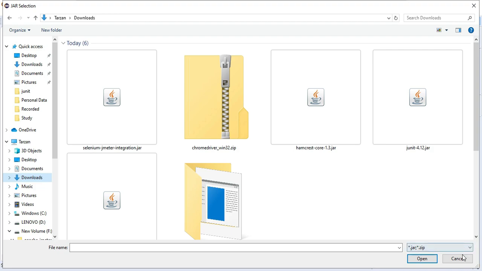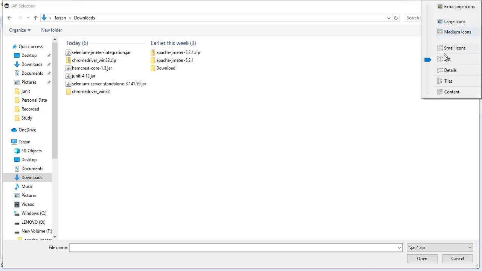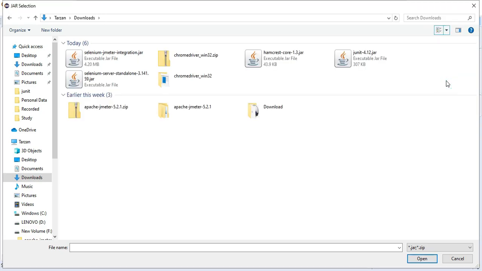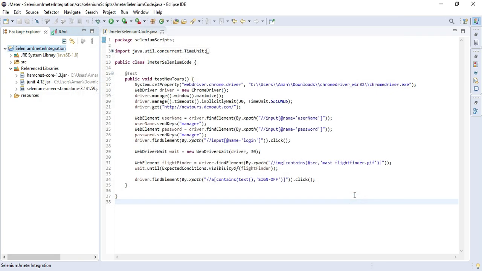As you can see, I have the Selenium standalone jar, Hamcrest and JUnit. You just need to pick them and they'll come into your project. Then click on apply and close.